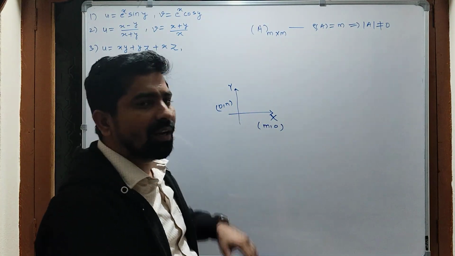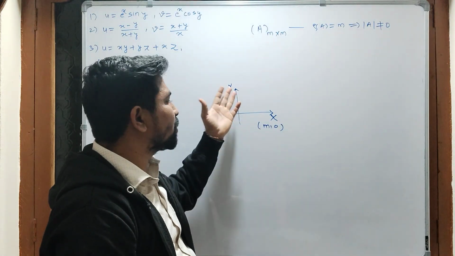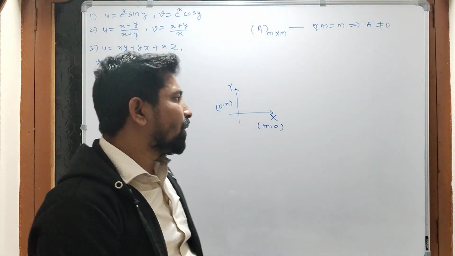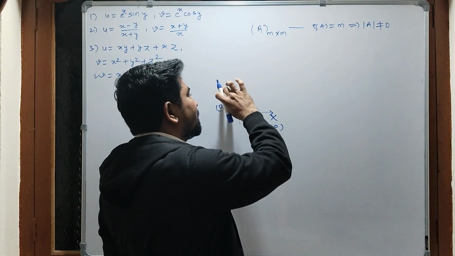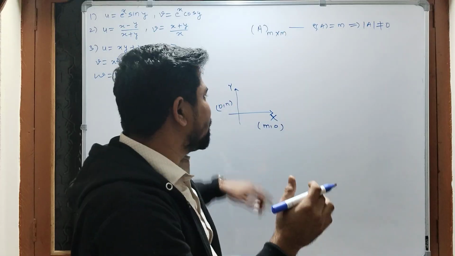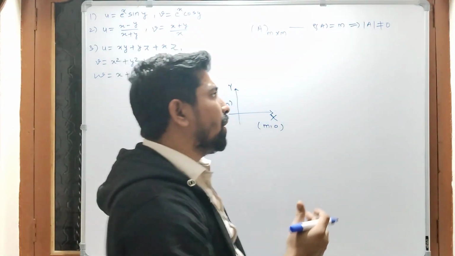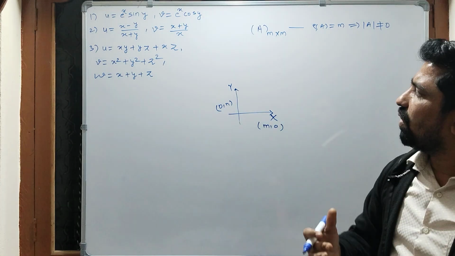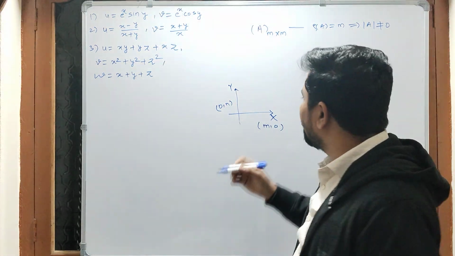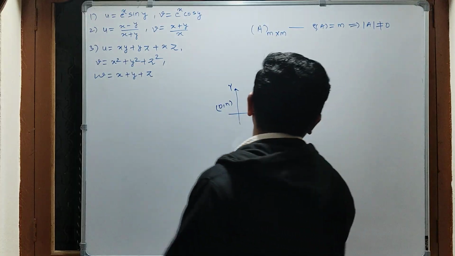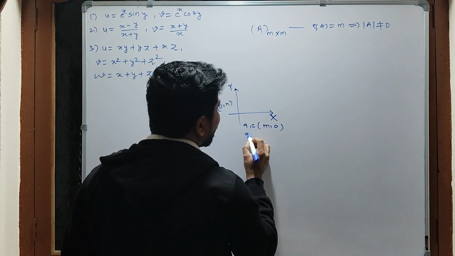These two vectors are linearly independent, meaning the direction of this vector is different from the direction of this vector. This vector has a different direction and that vector has a different direction, meaning these two vectors x and y are linearly independent. So linearly independent vectors have different directions. Now let's say dependent vectors: this is my x axis, m comma 0. So let's say this is my one vector a1 equal to m comma 0, and let's say here